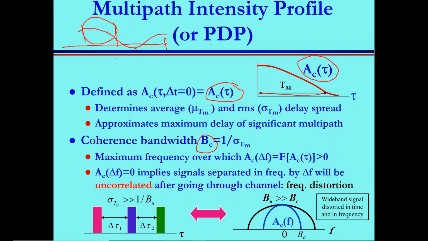After this, it behaves differently. So if you transmit a signal whose bandwidth is larger than the coherence bandwidth of your channel, you get Doppler spread. You get delay spread, sorry. You get delay spread. If it's below, you don't get any spread and you get just multipath, the construction of the... This also gives you the highest power of the channel. So this is the concept of coherence bandwidth. Maximum frequency over which